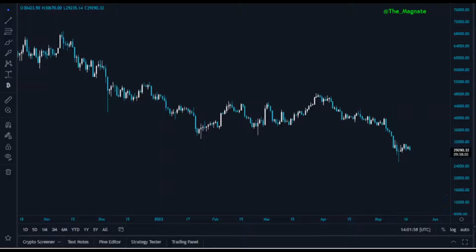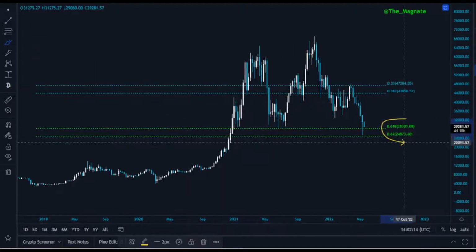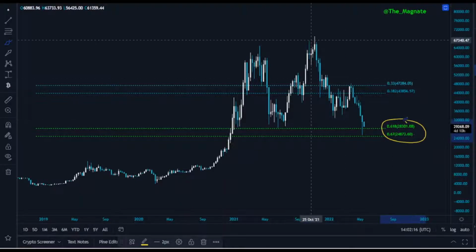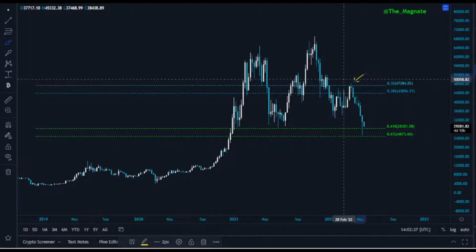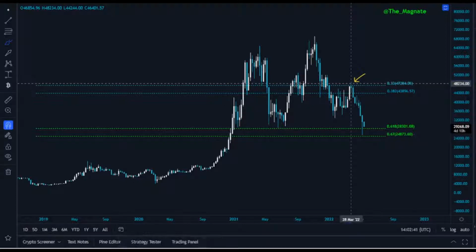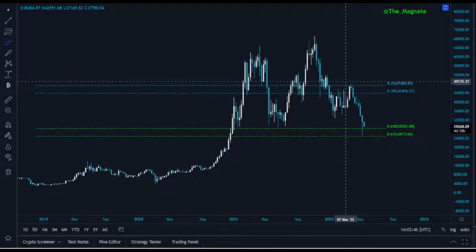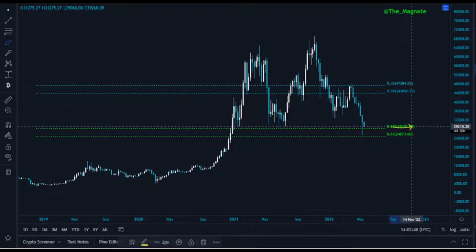Starting from a weekly time frame. Based on a weekly time frame, as you remember, since we got a rejection right from $69,000, we started following these Fibonacci levels. And as expected, we had a strong resistance at around $48,000 all the way up to $50,000. We saw a rejection, and that's confluence, as you can see, with a very important Fibonacci level, which is a mirror image of 618, the 382, all the way up to 0.33 levels.